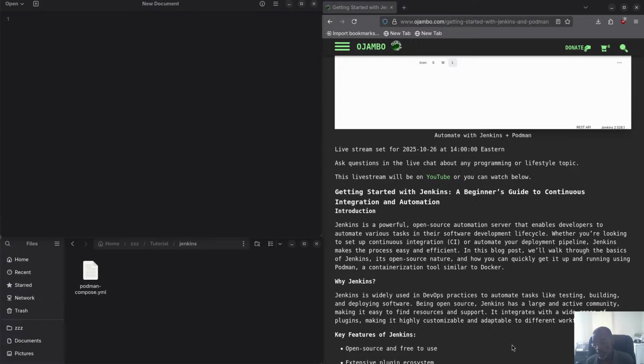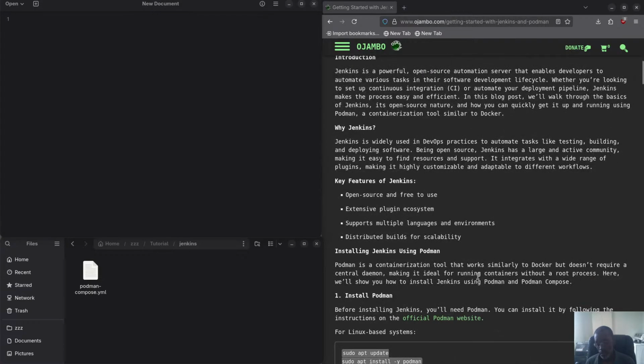The reason I use Podman is because Podman is rootless, meaning that I don't have to have root or super user permissions, and also because it's for a single user. That makes it easier than Docker, because with Docker sometimes you need to ask for root or super user permissions. With Podman you don't have to. Okay,